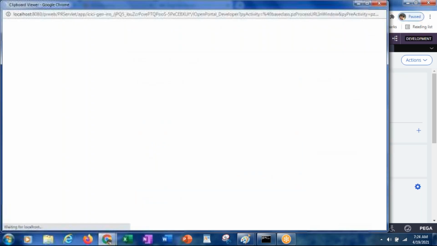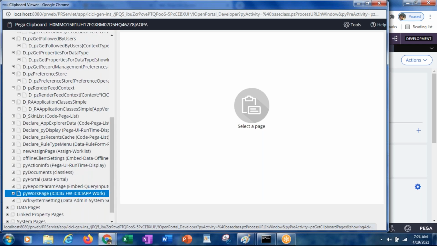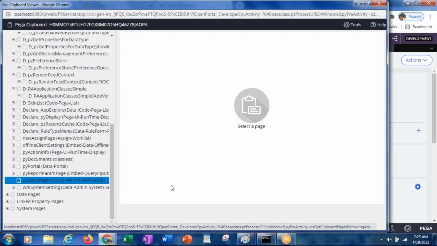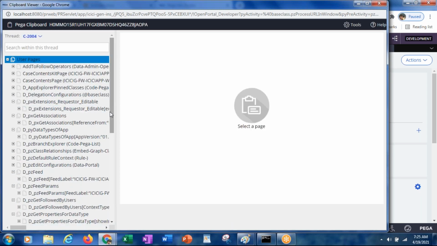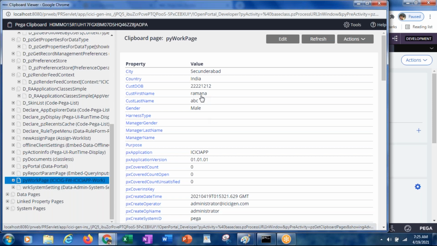Now if you go to the clipboard and see, we can see the pyWorkPage. This pyWorkPage will have the customer first name, customer last name, gender, date of birth, city and country.